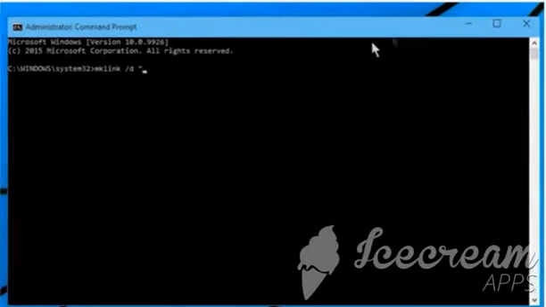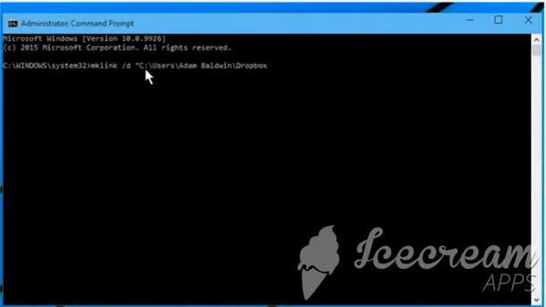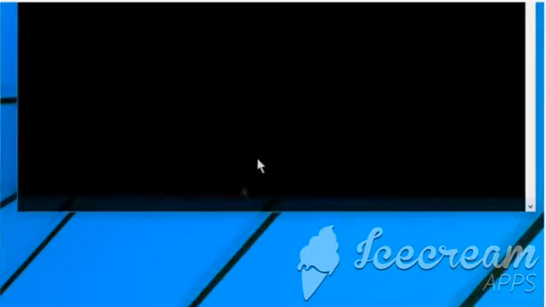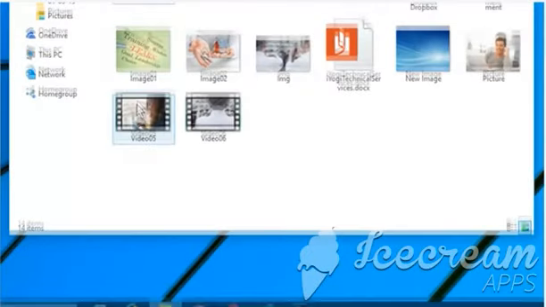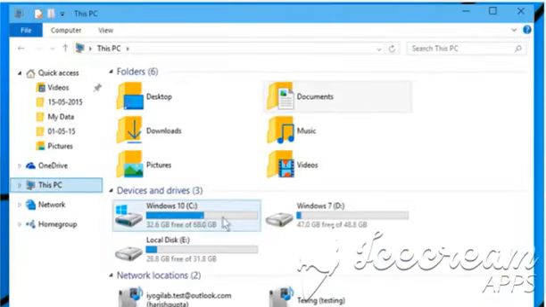Go back to the command prompt window and paste the copied folder path. Now in the same line, type /linked, close quotes, space, open quotes. Now open the Explorer window and then locate the Documents or My Documents folder